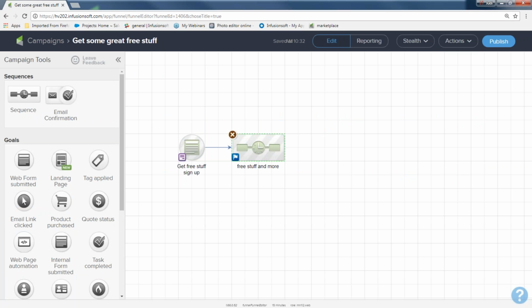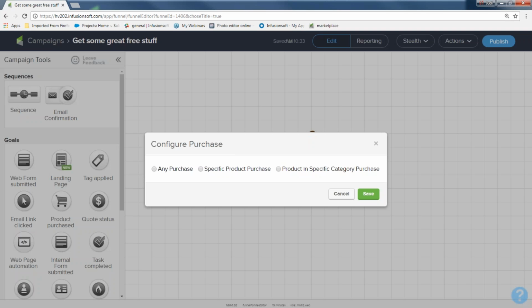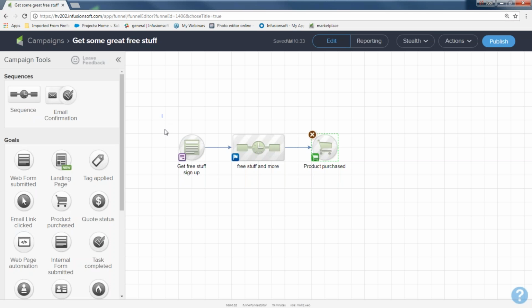Now, if they actually click on a link and they purchase, I want to know that they've made a purchase, and I want to set it up inside Infusionsoft. I'm going to be using Infusionsoft's e-commerce. So I'm going to come and grab another goal, move it right to the right, connect it, double-click my e-commerce. I already have it set up and I only have one product. And now I have goal,